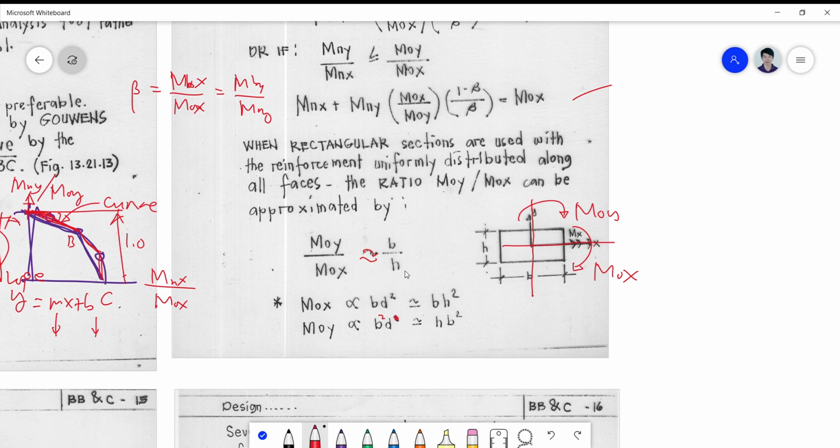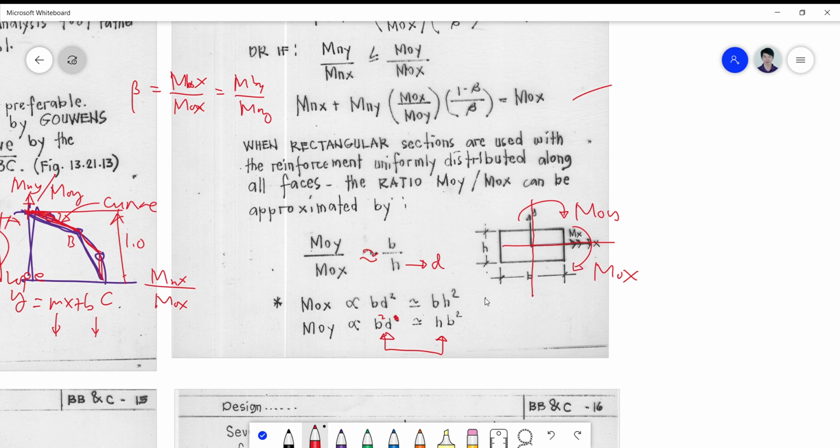Of course, H and D are related by simply deducting the effective cover. So if your H is big, D is big. So this will actually be true. Okay? So kung alam mo yung MOX mo, paano mo malalaman? Kasi makukompute mo kanina, no, doon sa formula natin. Ma-predict mo na sa design.